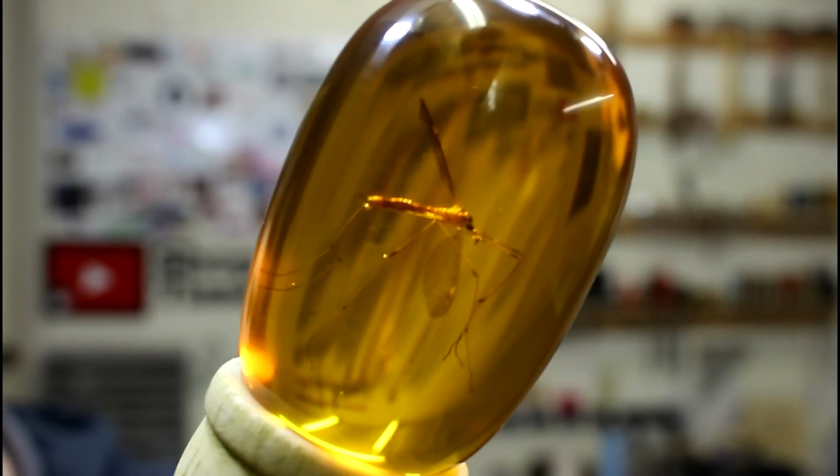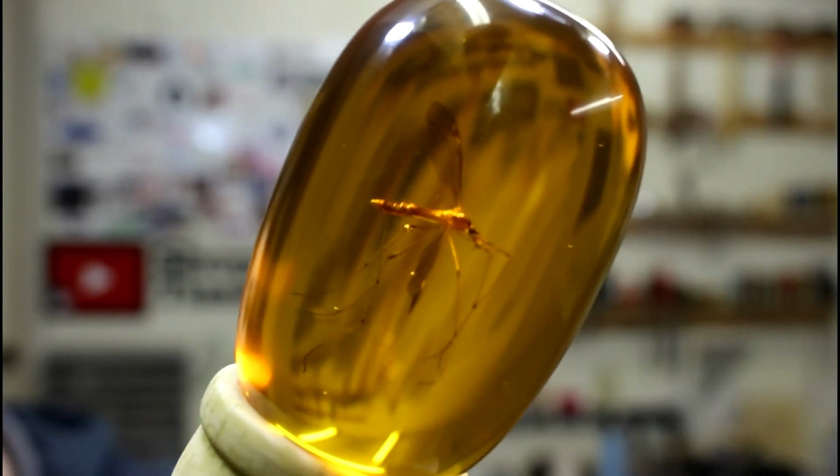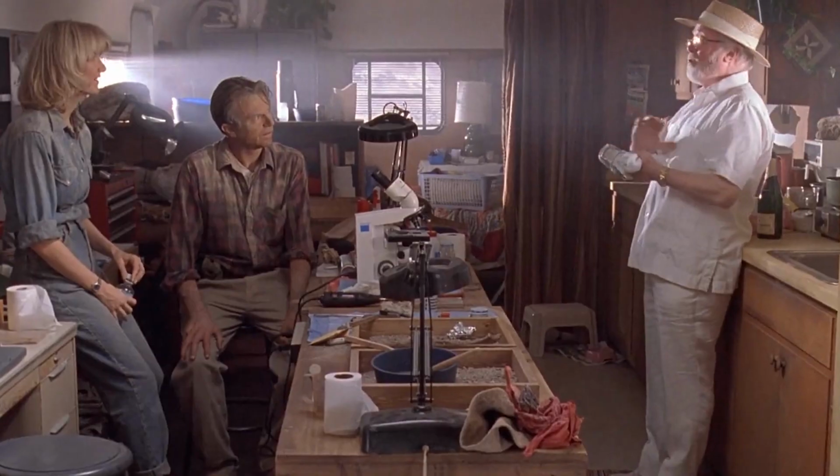I did a project with another YouTuber, and we made the Hammond cane from Jurassic Park. And I actually turned the jewel section of the top, you know, with the mosquito in it. And that's one of my favorite pieces. Spared no expense. But my favorite videos are the ones where I just go out there without a plan and